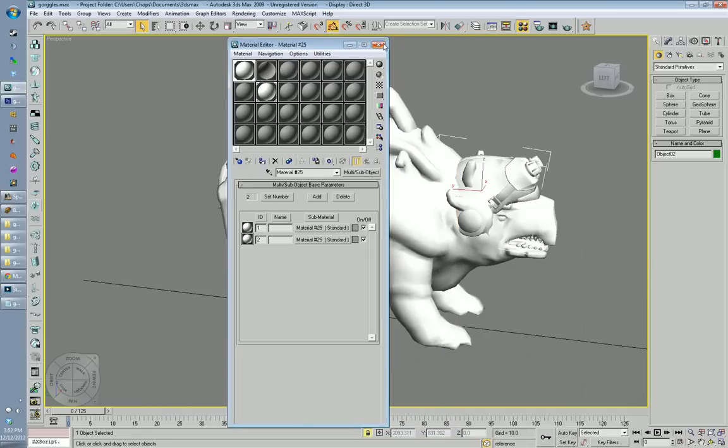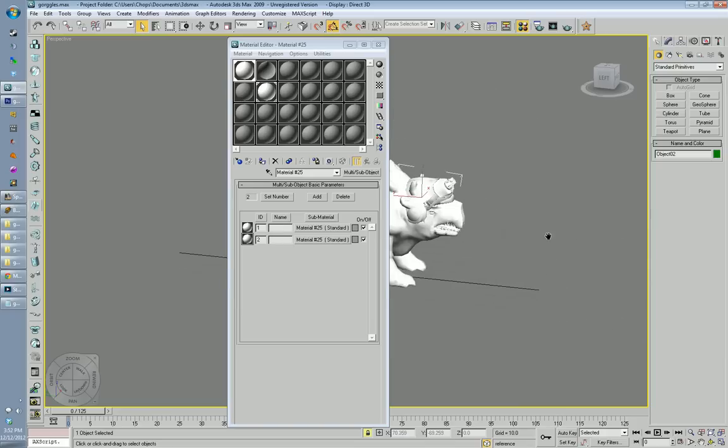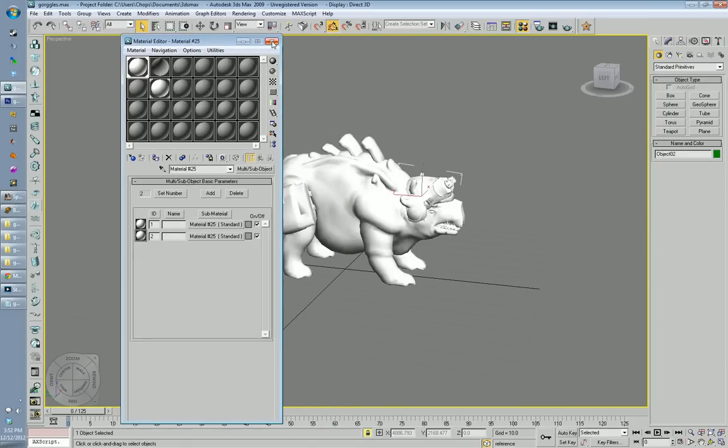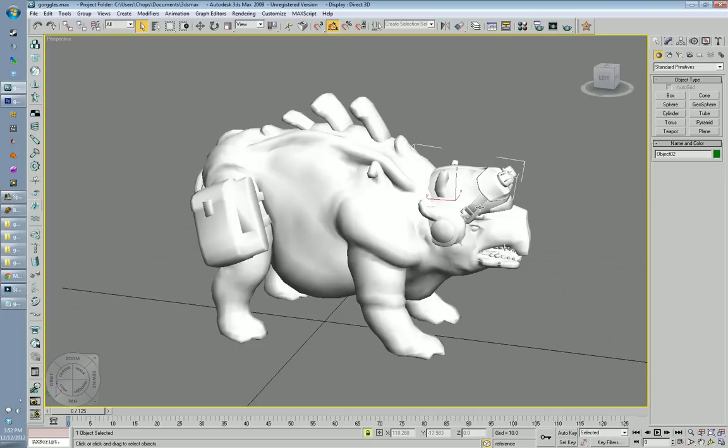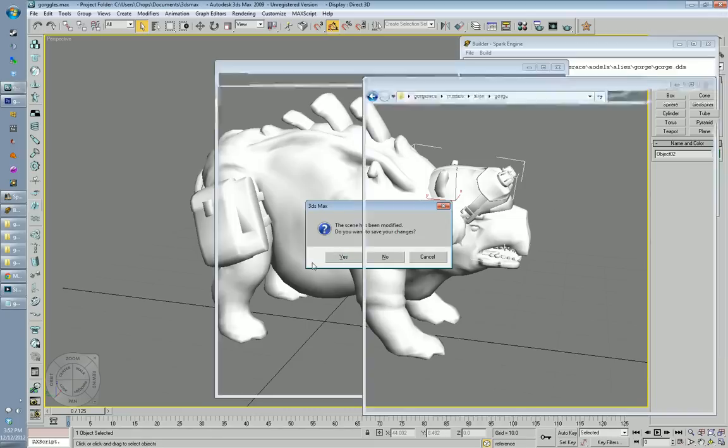So that was what I did to set up the material for Gorge before I exported it. But since I've already done that, it works just fine. Alright, so we'll save that again,